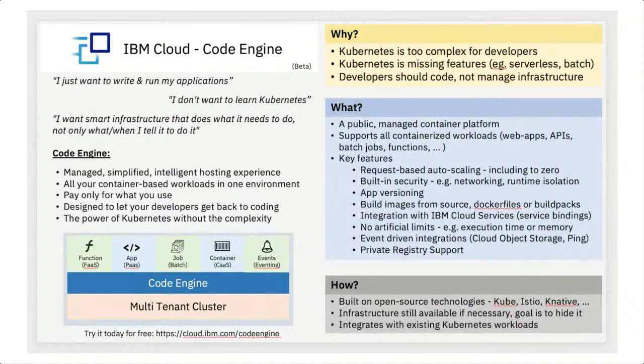And so IBM's kind of looking at this, and we realized being forced to sort of choose between these various platforms is a bad and false choice. And that's one of the things that we tried to solve with Code Engine, is to say, look, regardless of how you view your workload, whether you look at yourself as a container developer or just a developer who doesn't understand containers, and so all you want to do is push source code out there, or if you're a batch developer or a serverless function developer, all those types of workloads now can be run in one platform, meaning